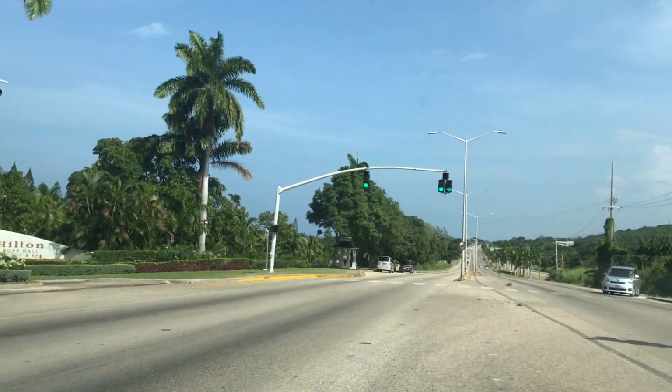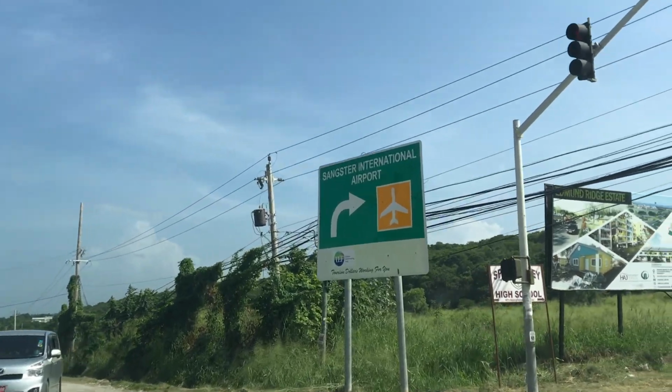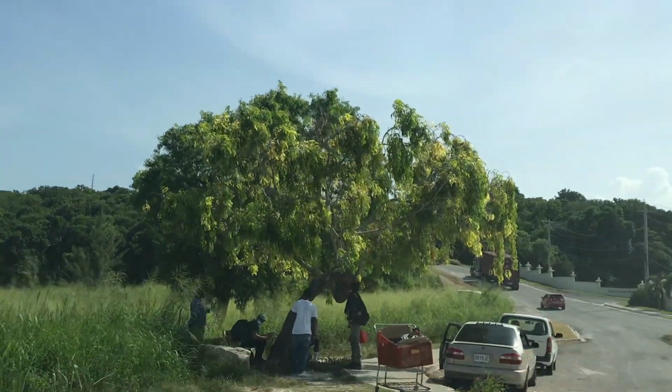Today we are in the parish of St James and we are in Rhyne Park. We will be featuring a development called the Edmund Ridge Estate. The Edmund Ridge Estate is made up of 2-bedroom, 1-bathroom, single-family bungalows, 2-bedroom, 1.5-bathroom townhouses, and 3-bedroom, 2-bathroom